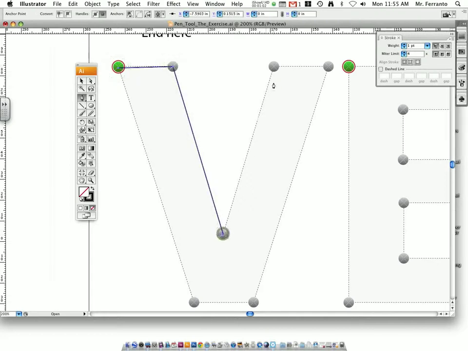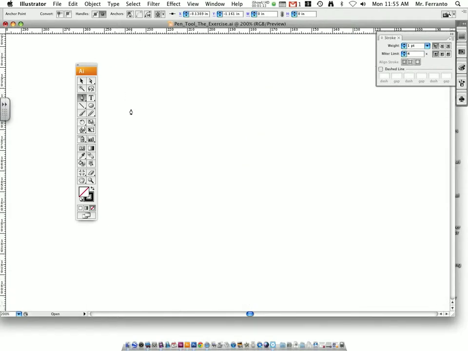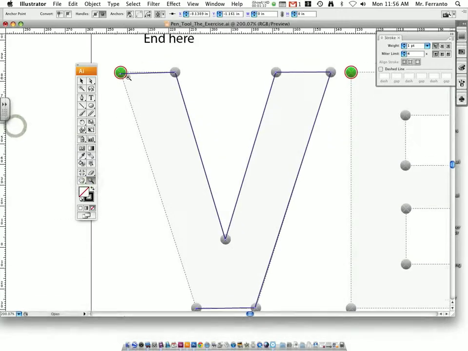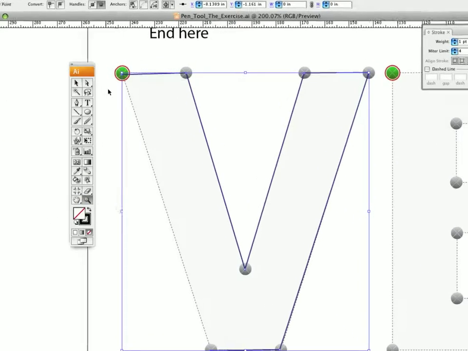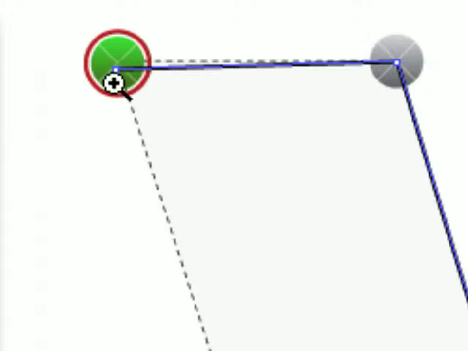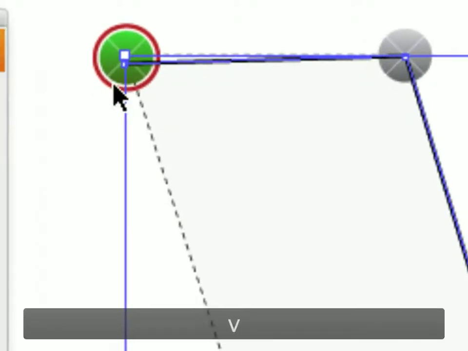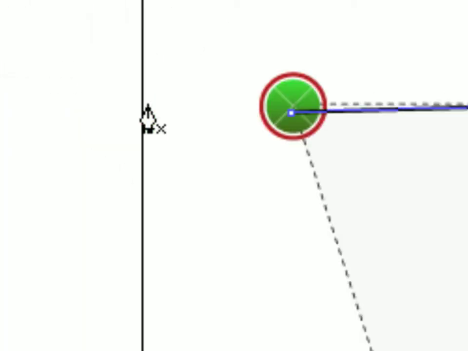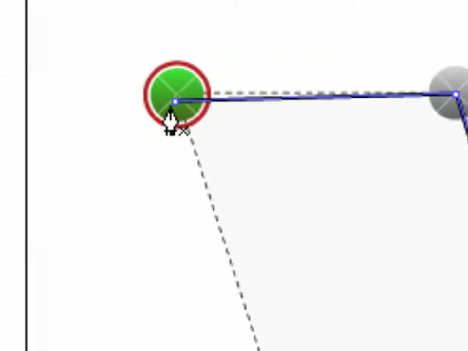So as you can see, when you want to draw with the pen tool, you click, you move the mouse, you click, move the mouse. I'm going to go back to the beginning. And when you go back to the beginning of your shape, you're going to see when you put your pen tool on top of the point where you started,